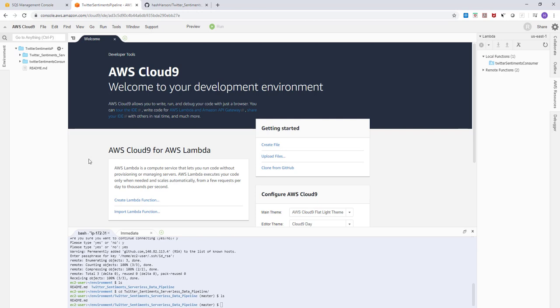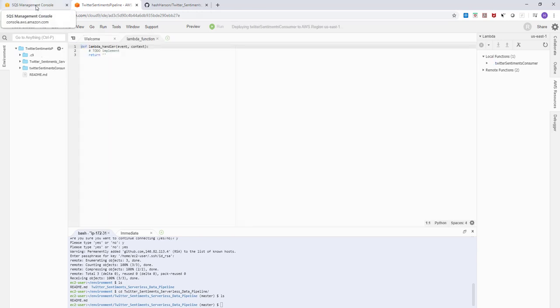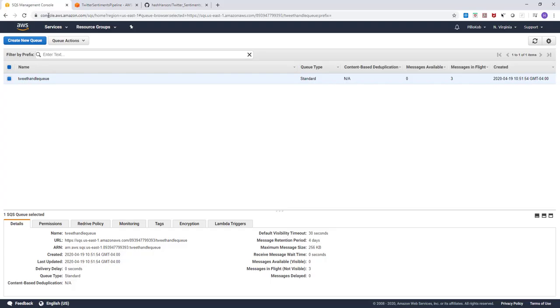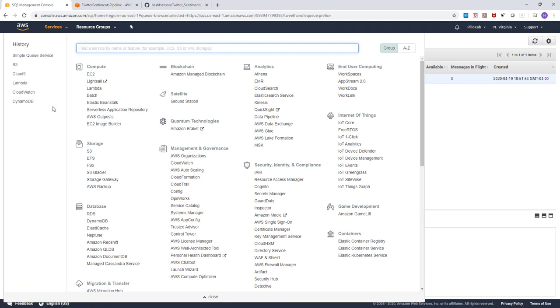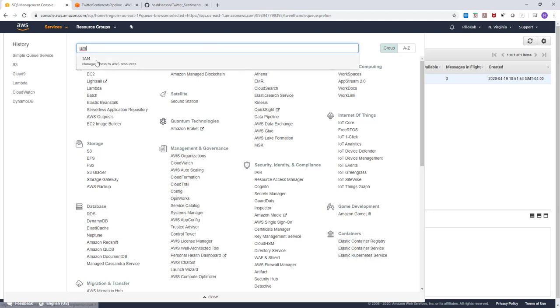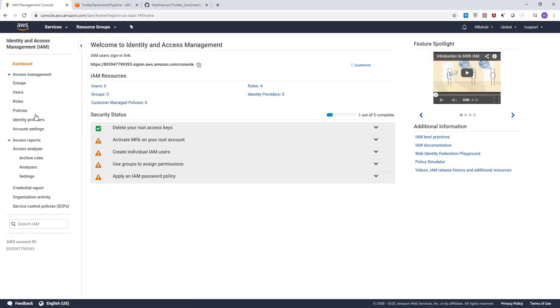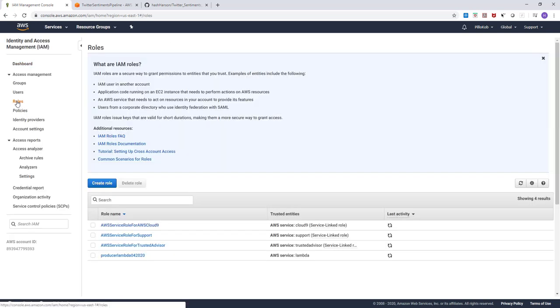Now, assuming that I wanted to create a role, I can still do it. I just want to show you because I chose an already created one. I can still do it here by going to the services, IAM, and in IAM you can actually create a new role. So you create roles and then you say create role,